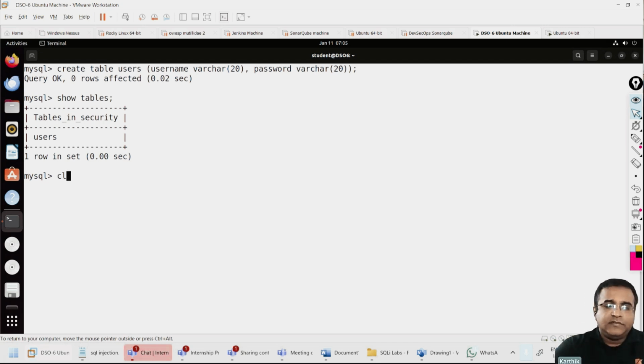So now I want to insert data into that. So how to insert into the table name? If the table name is users, then I'm going to insert into.